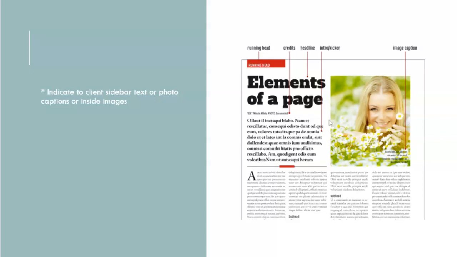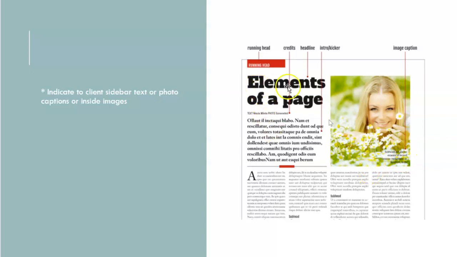Not all the PDF programs that you have are going to have the same font. So that's why I just get rid of that problem and submit everything to my client in a Word document, and they convert to their own font. So here for the photo caption, you can see that there's a text right under the picture, and I always indicate in the Microsoft Word that I'm returning to my client, hey, this is the photo caption, or this is the side box or the text.